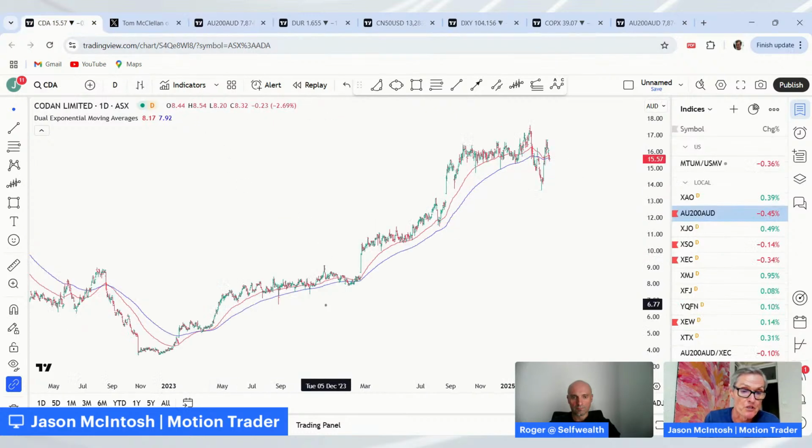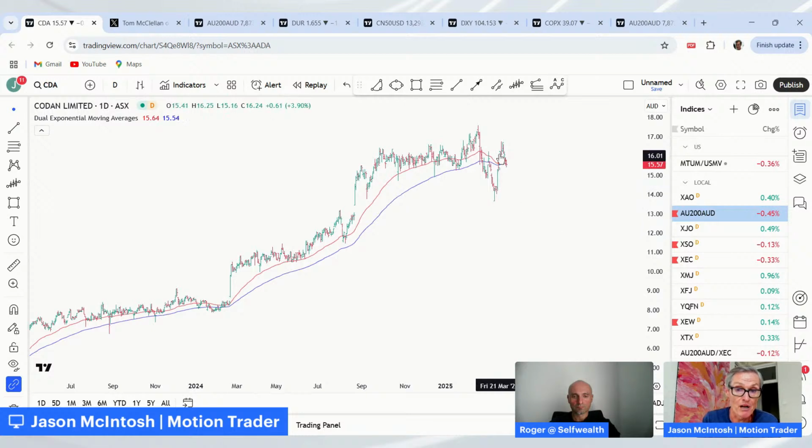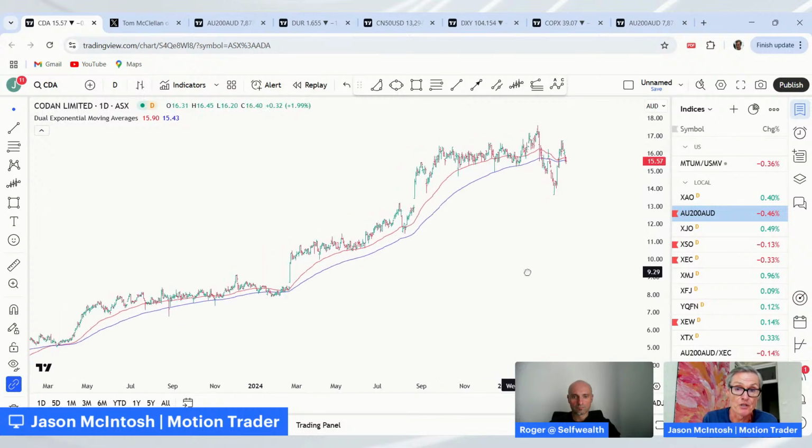So this is why we use wide trailing stops. A wide trailing stop could have kept you in this stock the whole way through 23, and then you're in place when the trend accelerates. Whether that happens again, I don't know. But at this point, if I had this stock, I'd be holding it. It's had that sharp move down. I think this is an important low. If it breaks below the March low, then there's a good chance we see further weakness continue to come in. But I like that rally off the low, straight back above the moving average, maybe consolidation. Happy holding it. And it's a gold orientated stock as well, from what I understand, so it'll be an interesting one to keep watching.